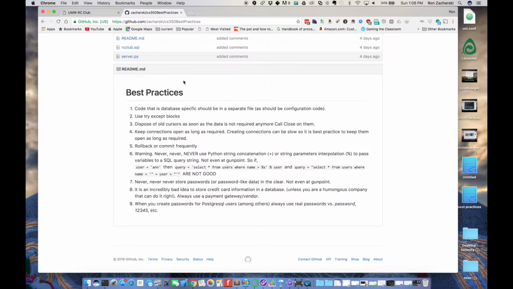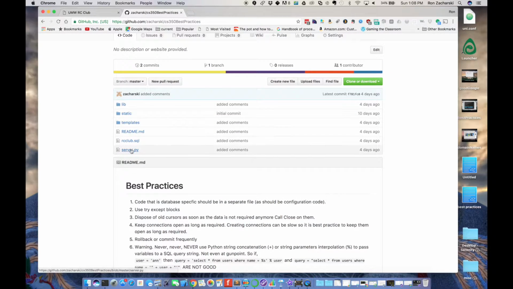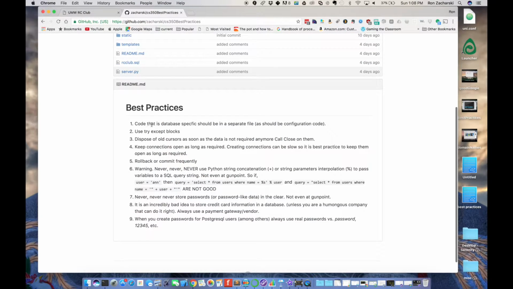All right, so here are the best practices that I see. This best practices list is just a README file in a Git repository that you can download and see in action. So the code I'll be showing you today is something you can refer to later. The first one is that code that is database specific should be in a separate file, as should configuration code. Here's where some of my software developer friends deviated from it,